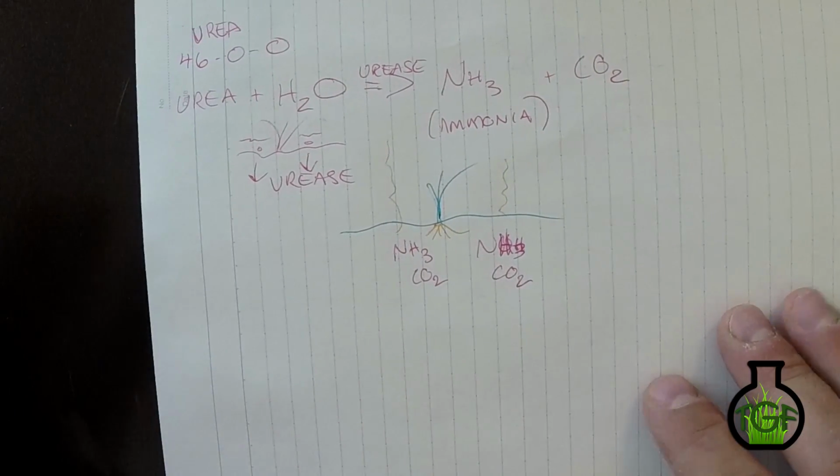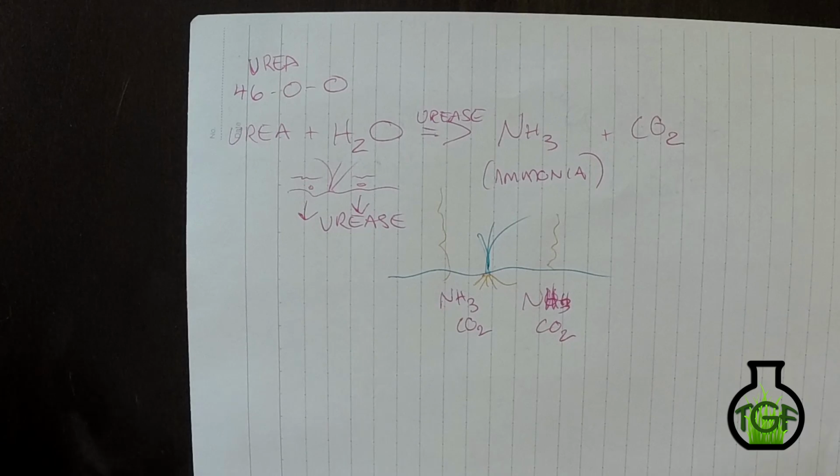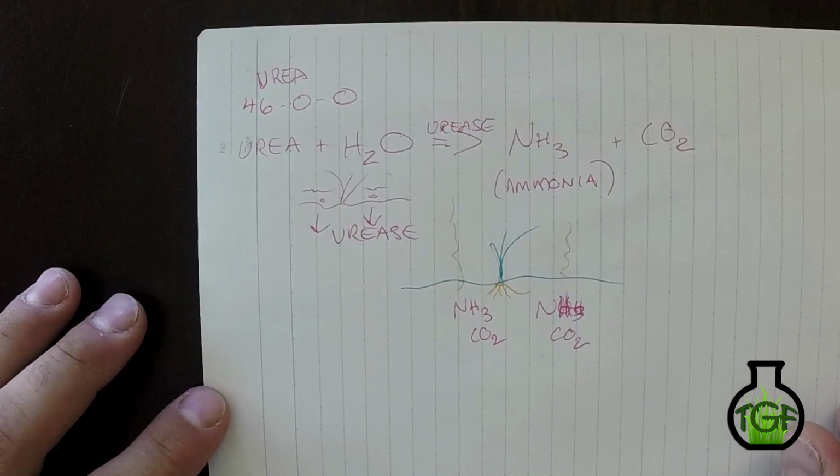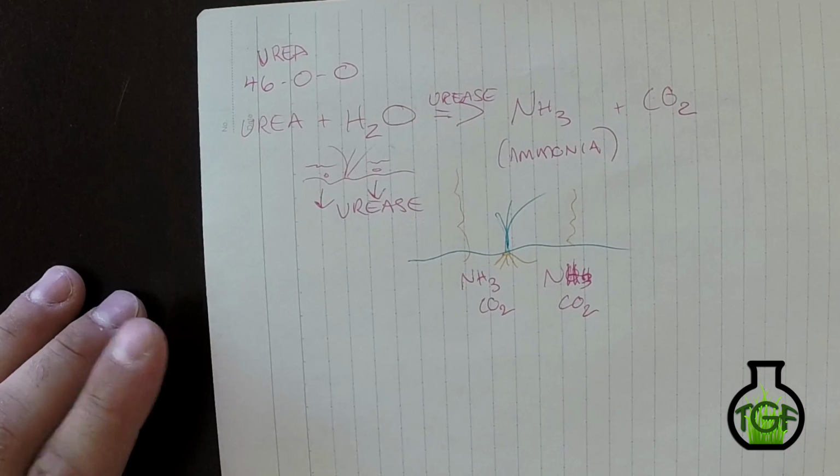Whereas lower pH soils, more acidic soils, you're going to get like a 4-day turnaround for it to convert into usable nitrogen, and you won't lose as much. But again, we're talking about very minute amounts. It's not like having a super acidic soil is going to be crazy beneficial for the length of residual nitrogen in your soil. So anyway, urea, not a perfect fertilizer by itself. You're going to lose some to volatilization, and there's just not really anything you can do about it, unless